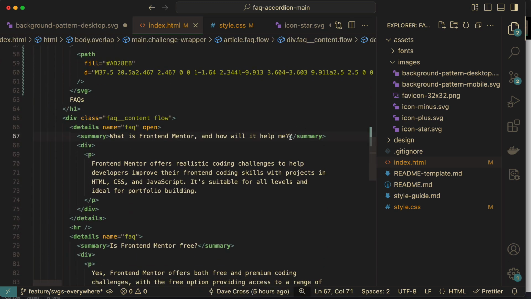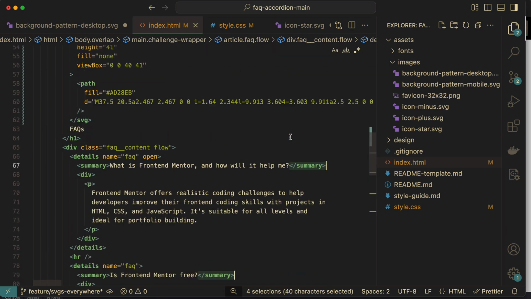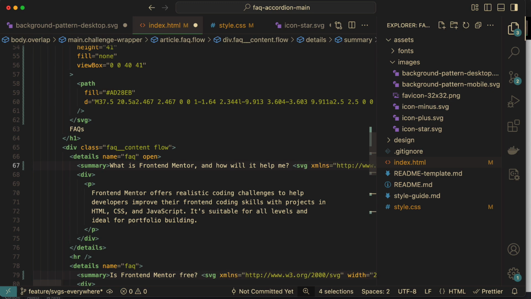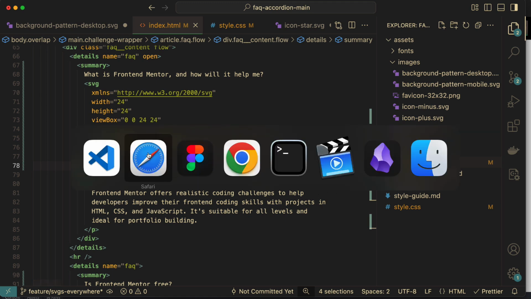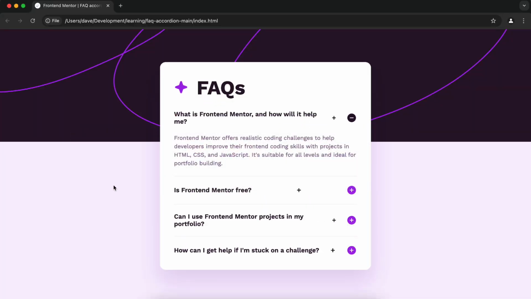I go and find my closing summary tag, select them all, arrow back to the beginning, so it's at the beginning of each of these, and paste, okay? Now it's going to reformat. Reformatting is not an issue at this point, but getting it in that single line is going to help. At this point, I should be able to see something. Let's go and look. Yeah, there it is, right? We are in good shape,